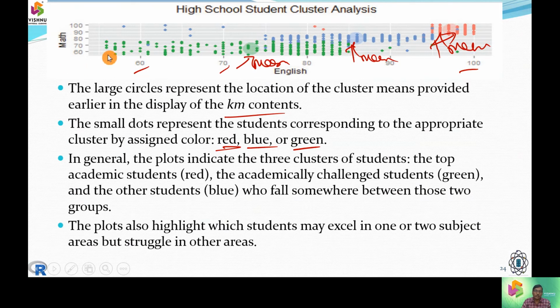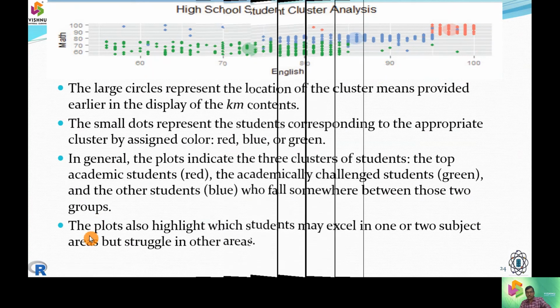And what is the mean point of the students' grades? We are going to see it as the centroid. The average class marks were roughly 73 or 74. Similarly, the average marks for the second cluster will be around 85. So in this model, we are going to visualize the things.